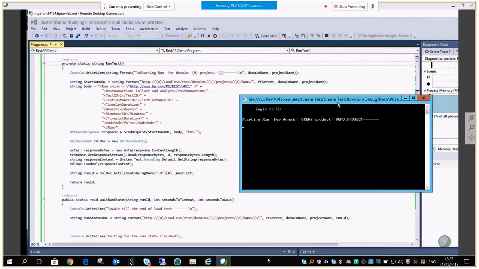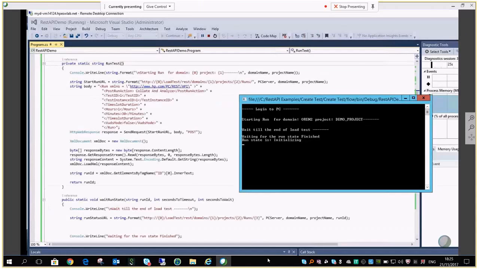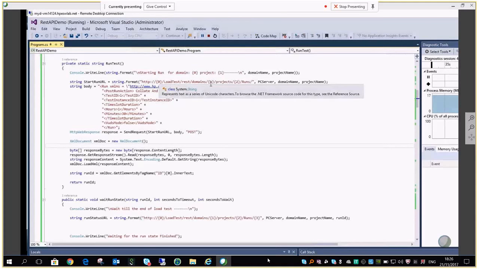So I'll wait for the run to get into initializing, to be created and get to initializing state. Oh, here it is. We can see it inside the UI as well. And now go over the code a little bit. So here is the URL for creating a run. You see it's composed as normally as from the Performance Center server name, domain name, project name, and the run's postfix. Here in the request body, we need to state which post-run action we want, what is the test ID,